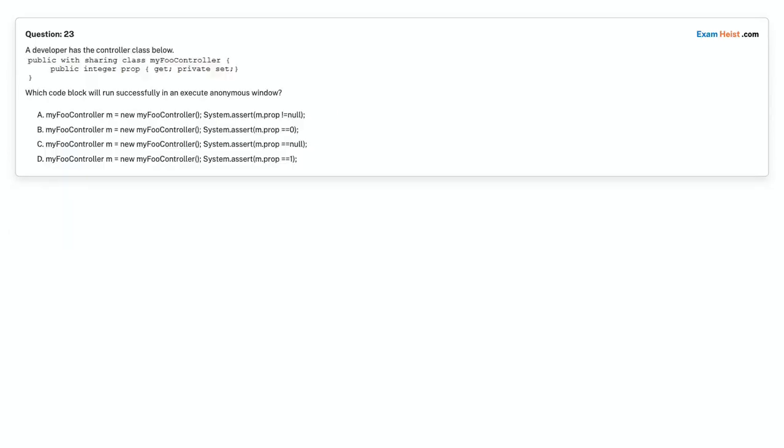Question 23. A developer has the controller class below. Which code block will run successfully in an execute anonymous window? Option A. myFooController m = new myFooController(); System.assert(m.prop.equals(null)); Option B. myFooController m = new myFooController(); System.assert(m.prop == 0);